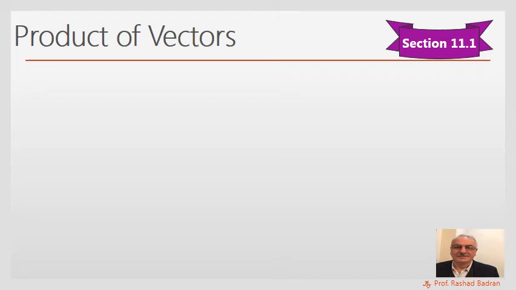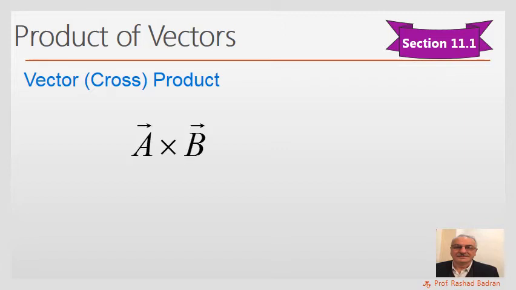As we know, the product of vectors is one of the properties of vectors, and we have seen that the multiplication of vectors by a scalar product was only a number or a scalar quantity. The goal of this session is to start the definition of another type of multiplication of vectors, that is the cross product. The cross product of two vectors A and B is defined only in three-dimensional space,